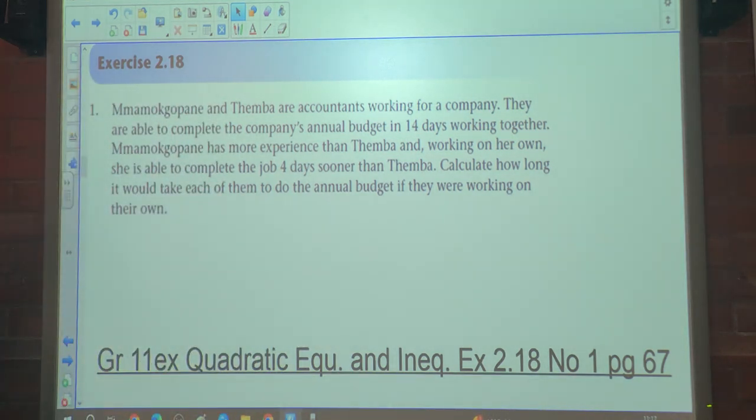Working together, the company has more experience than Temba. Working on her own, she is able to complete the job in 4 days sooner than Temba. So who takes longer? Temba. So we say let